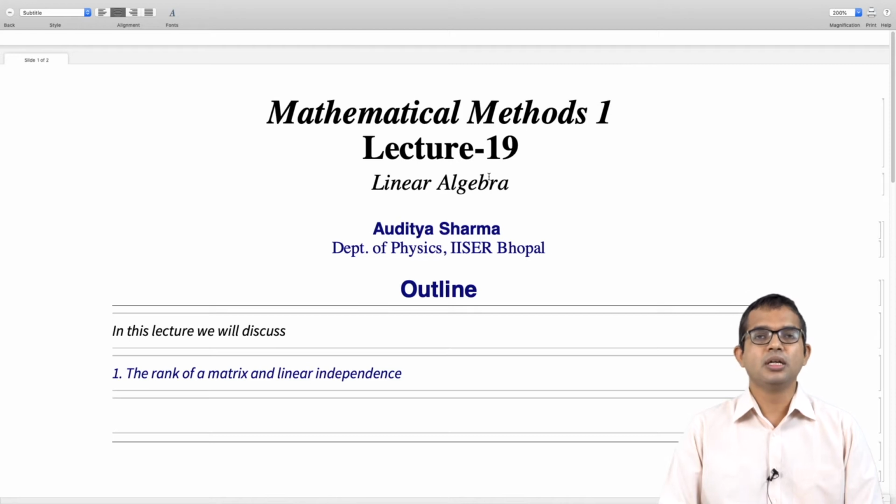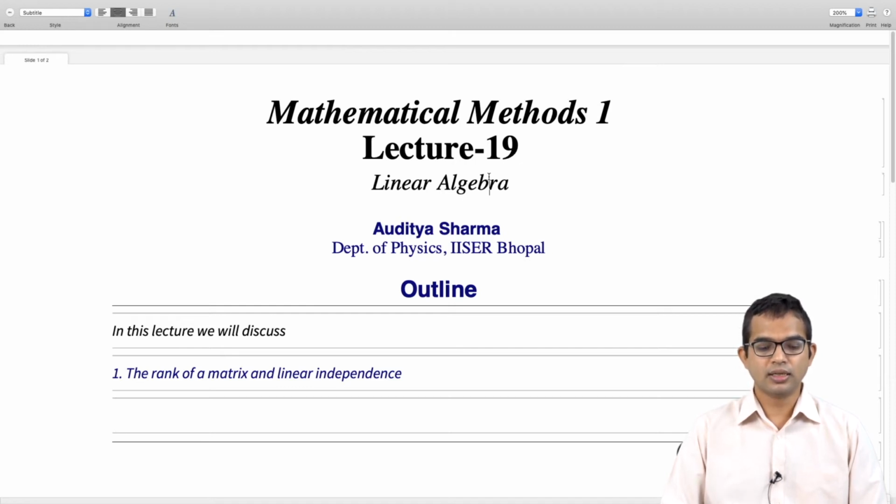And then we saw that there's another way of computing the rank of a matrix, which was to look at the determinants of all square submatrices of a given matrix, and find out the largest sized matrix which has a non-zero determinant, and that would be the rank of the matrix. Now there's a third way of thinking of the rank of a matrix, and this connects to the notion of linear dependence and linear independence, which we introduced many lectures ago. So I'm going to talk about this third approach in this lecture.